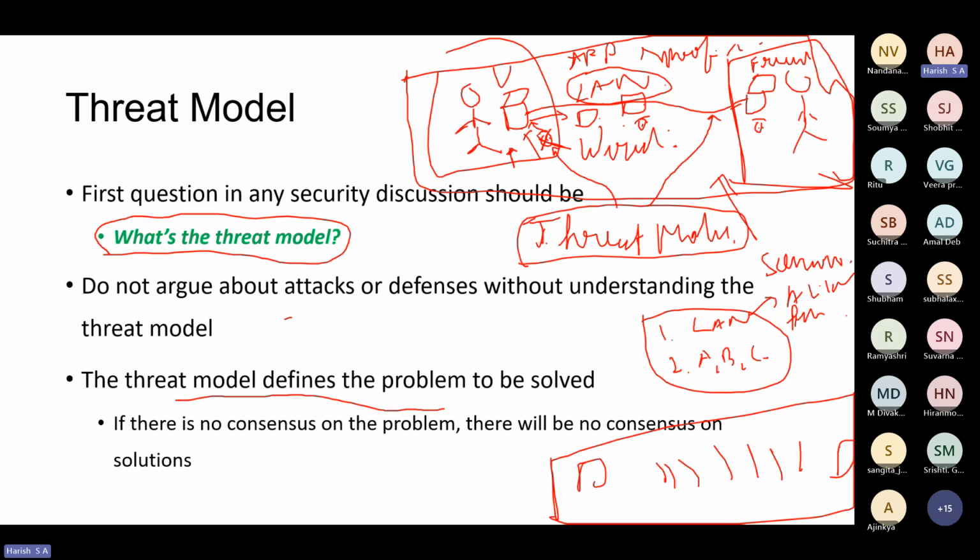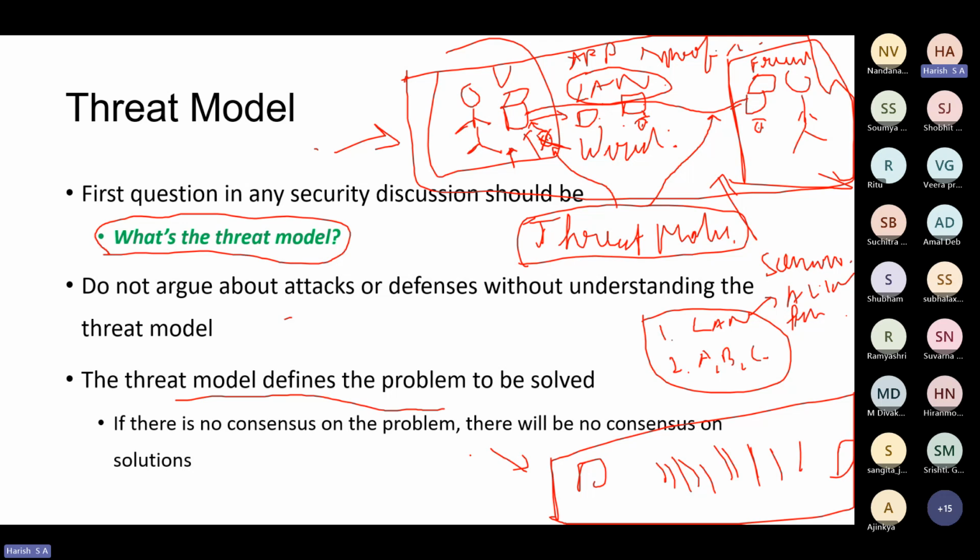For example, there are certain attacks like ARP spoofing. You have MAC tables, right? You have bridges in between. So ARP spoofing might not always work in the wireless scenario, correct? So an attack that works in one threat model might not work in the other threat model. So it's modeling the scenario in a way where you can define that this attack can happen here, and then you propose a solution for it. So every security paper defines the threat model, and then they say my attack works in this threat model. Now I'm going to solve that attack in this threat model.